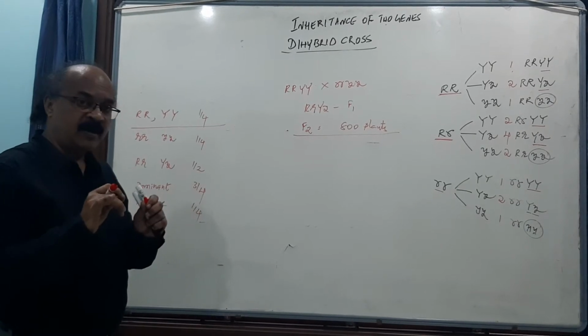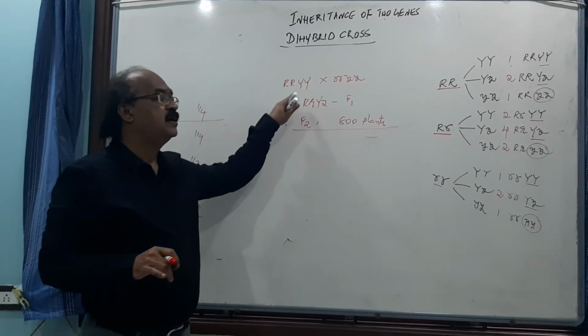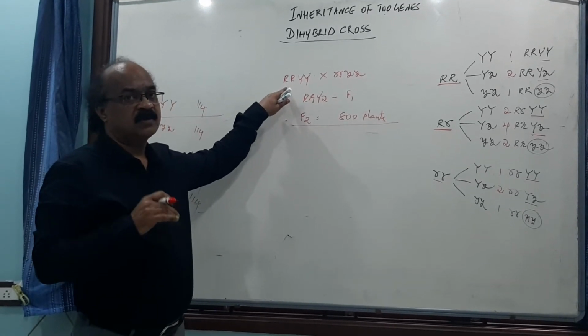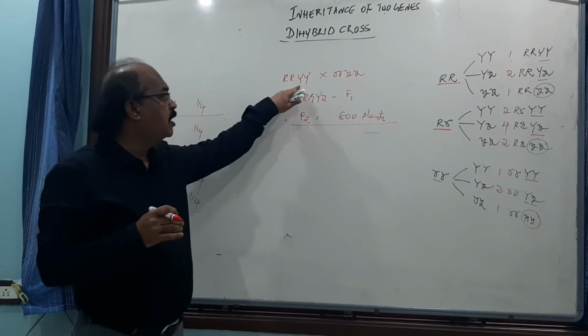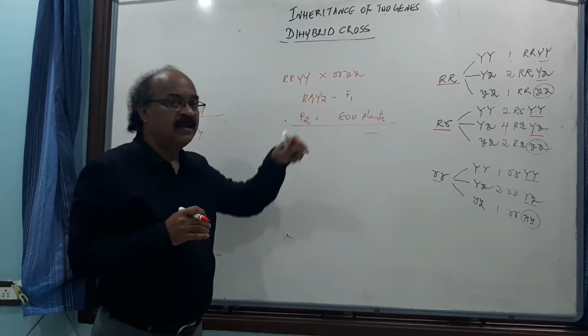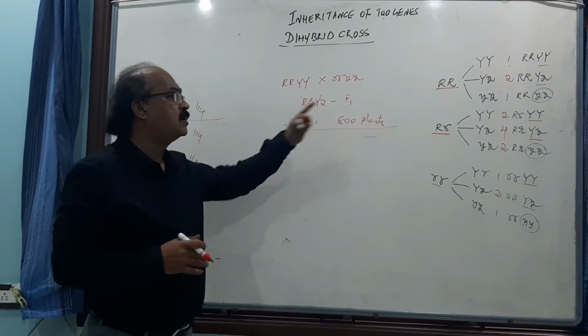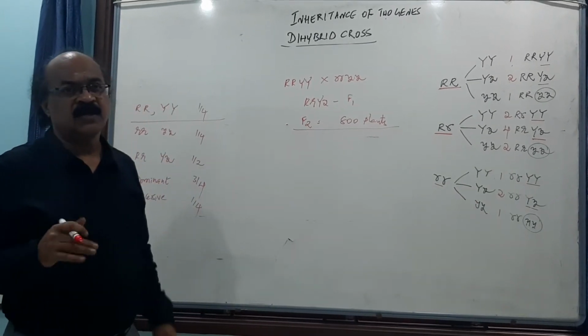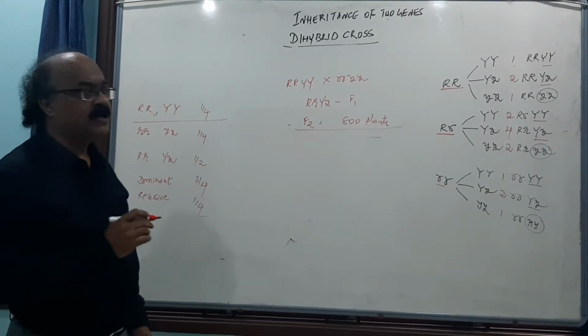See, while they are giving you the problem, definitely they speak about even the parents also. So and so cross and hybrid cross, round and yellow with wrinkled and green. You got F1 like this. F1 on selfing, you got so and so number of plants. So directly I am discussing in F2 population, 800 plants.